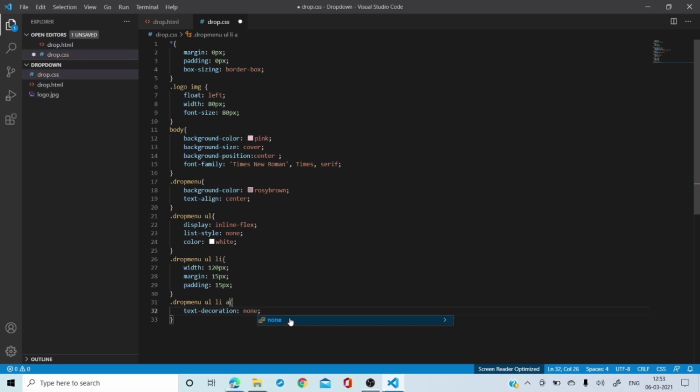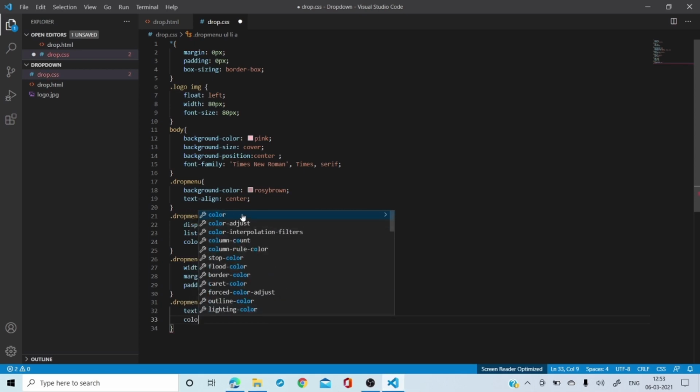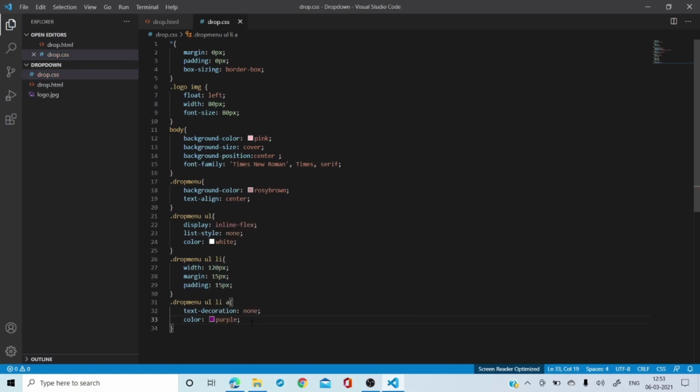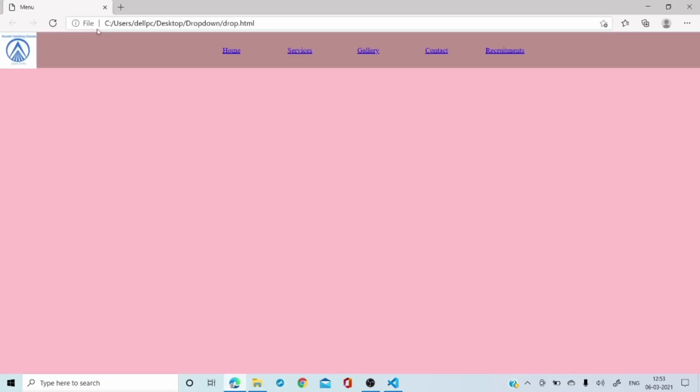I don't need anything, so none. And I'm also going to put the color, and this time I'm going to choose purple. Perfect. Okay, so let me see this now. Can you see the line which was there has been removed, and all of these have turned into which color? The purple color.